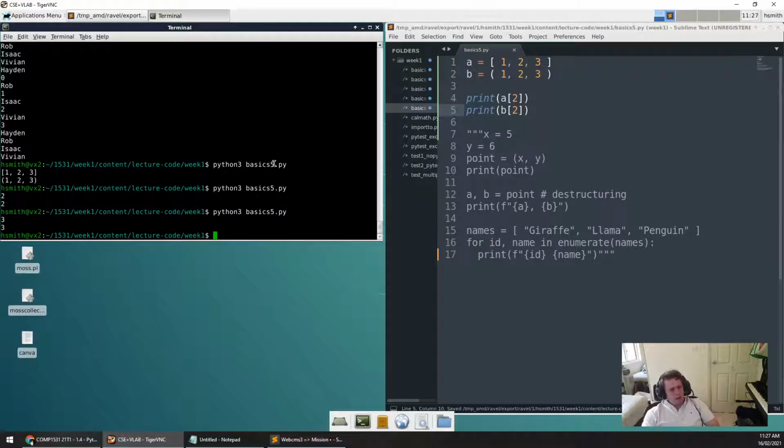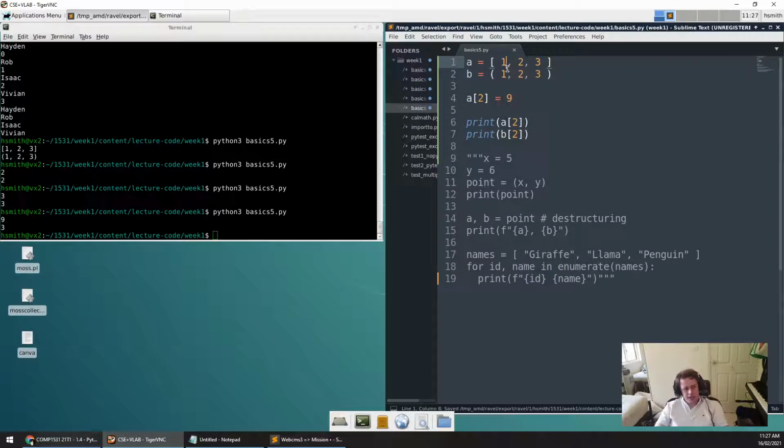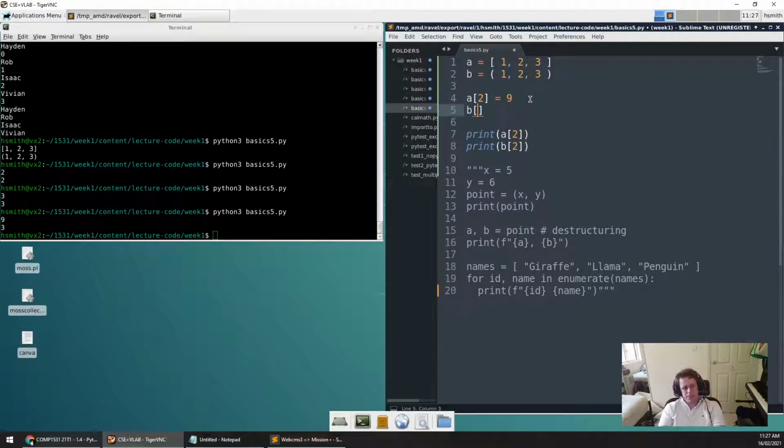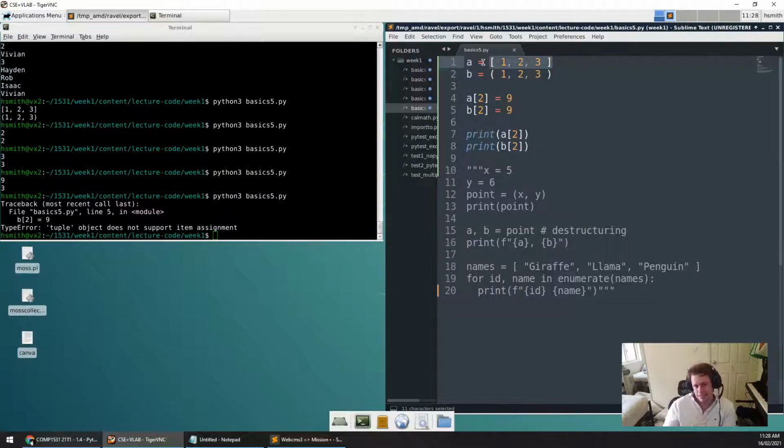do this as well. One of the biggest differences with tuples compared to lists is that tuples are read-only. So what I mean by that is I can say that A2 equals 9 here, just like I can in C, and it will change the value of 2 here to 9. But if I try and say B2 equals 9, I get an error. The tuple object does not support item assignment. Basically, you can't override elements. Now, yeah, exactly. So lists are mutable. The elements in lists are mutable, and the elements in tuples are not mutable. So